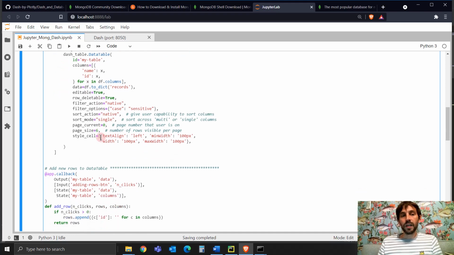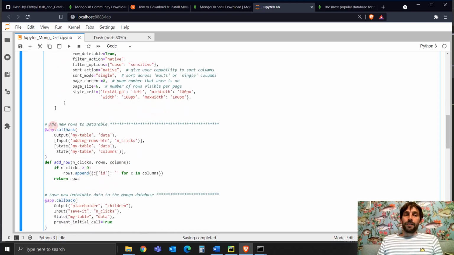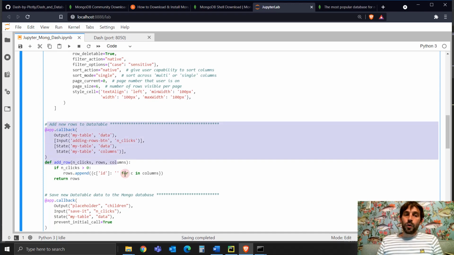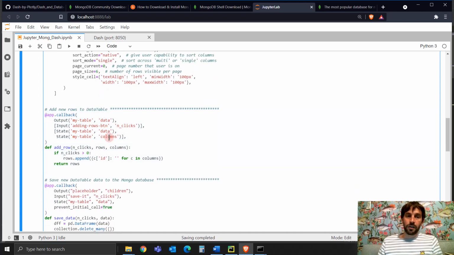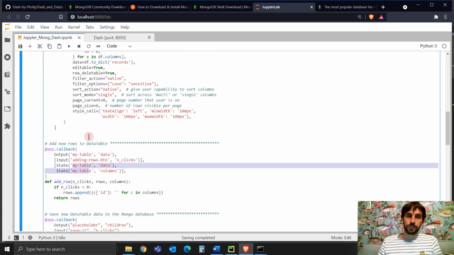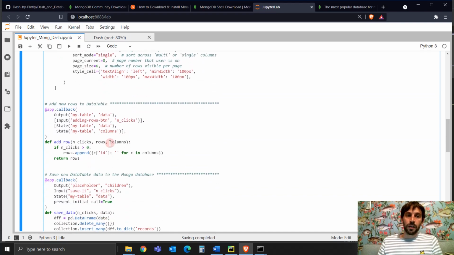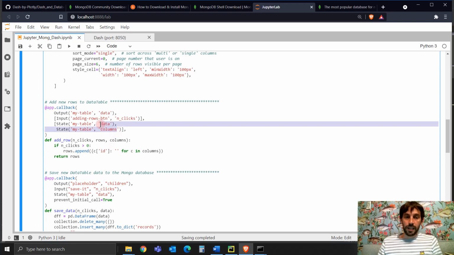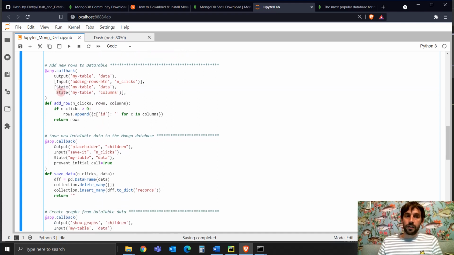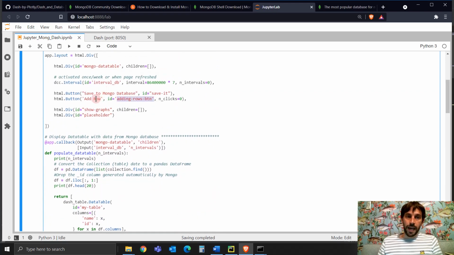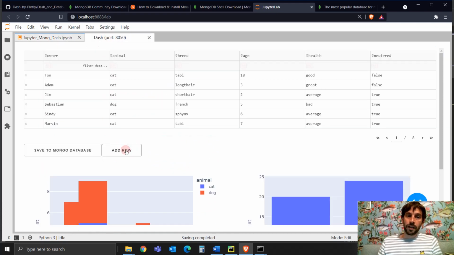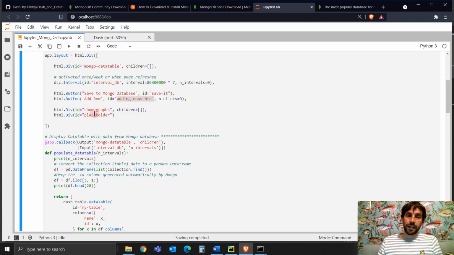Okay? Second callback. This is the callback that allows me to add new rows to the data table. So I'm just taking the state, the data, and the columns of my table. This is my table ID. Just taking these two columns and the data, and this is state, so it doesn't activate the callback. This, the end clicks whenever this button, adding rows, is clicked. What is this button? Right here, add row. Only when I click on this, then it will activate